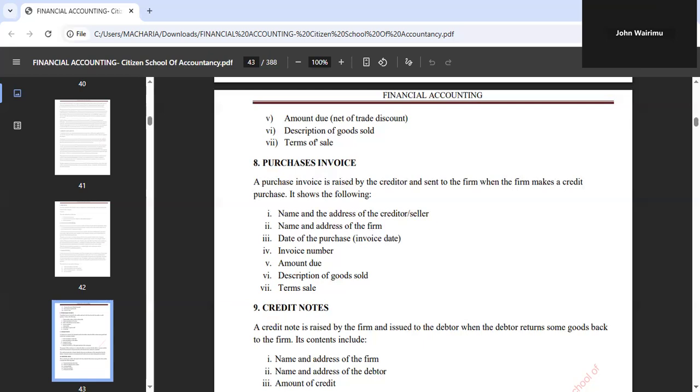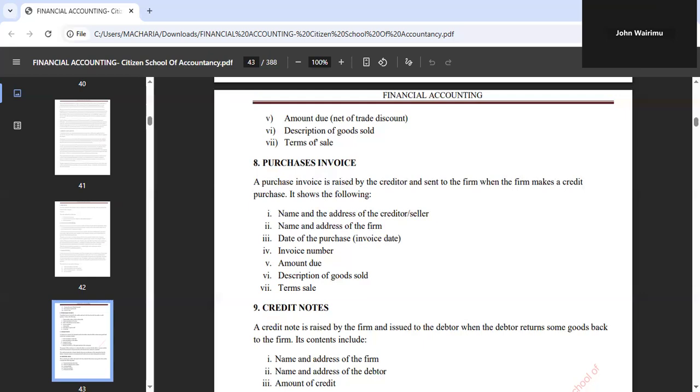These two terminologies I'm trying to explain here sometimes confuse accountants, especially when you are told, "Guys, can you generate a credit note?" Then someone starts asking, what is a credit note? What is a purchase? What is a selling? Can you issue a selling invoice? Don't be surprised if someone in accounting practice, when you ask what an invoice is,